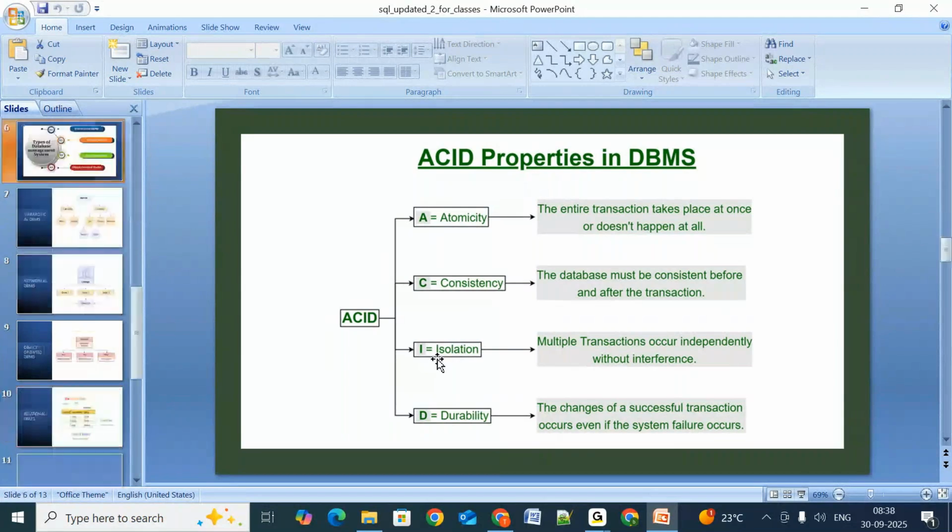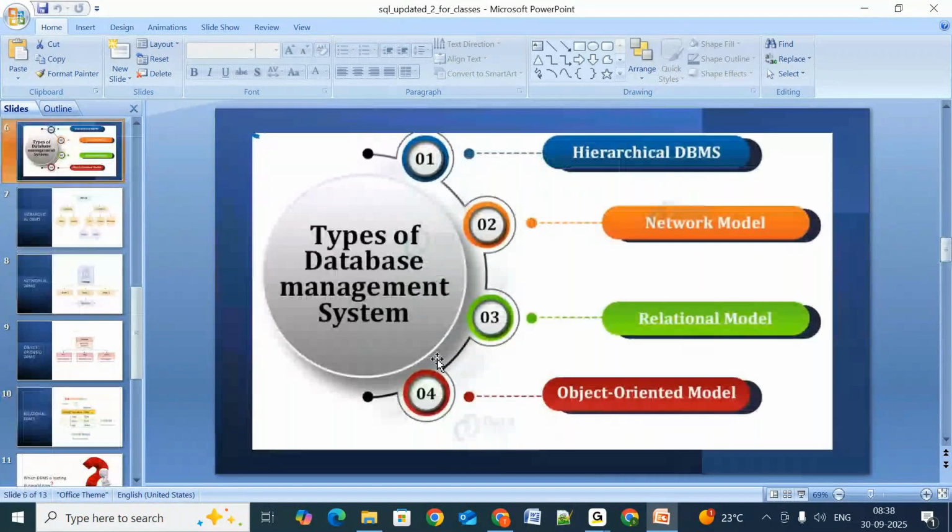Now, we have different kinds of database management systems. In general, in college there is one management system, in office we have another management system, maybe in a work area we have some other management systems. Similar to that we have these kinds of database management systems. One is hierarchical, next one is network, another one relational, next one is object oriented model.